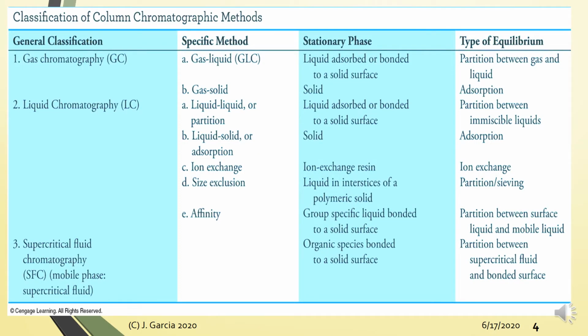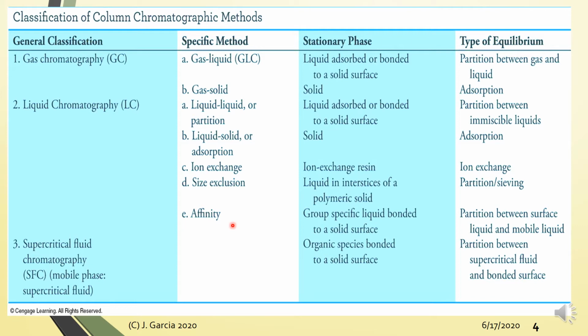Okay, so shown here are some of the general classifications of column chromatography. When you say column chromatography, it refers to a type of chromatography where the stationary phase is placed on a cylindrical column. Now, from organic chemistry, you already know another type of chromatography, which you call planar chromatography, wherein